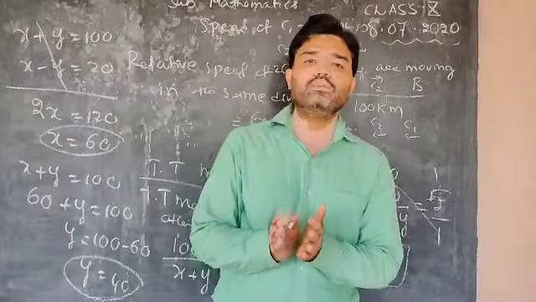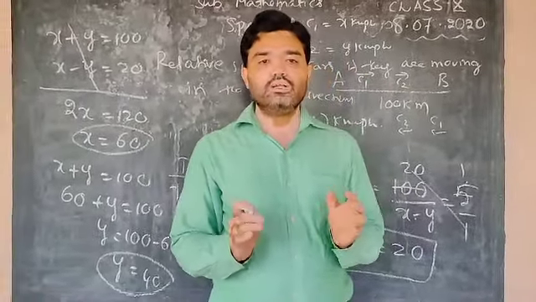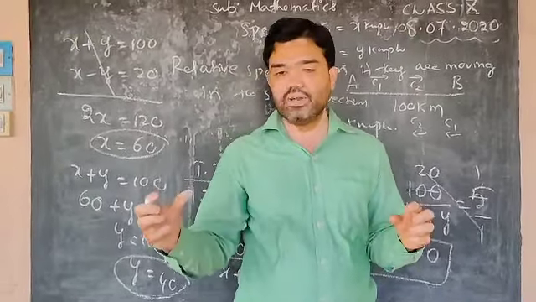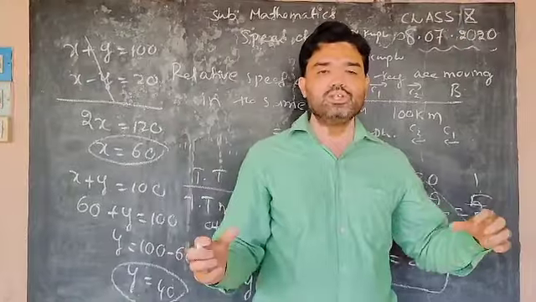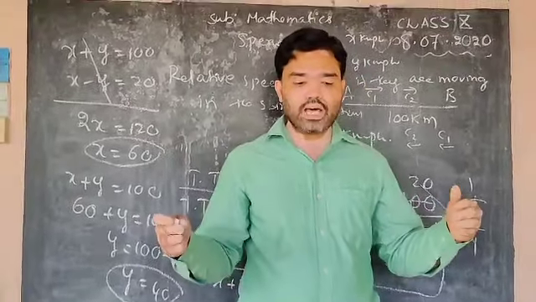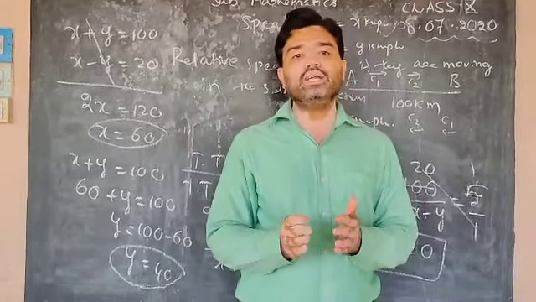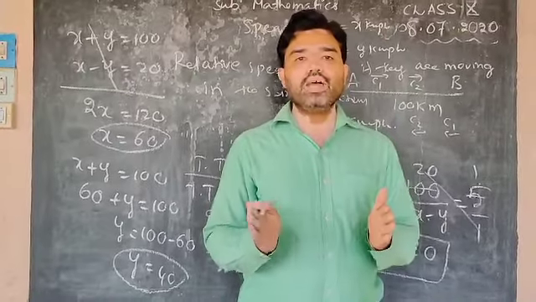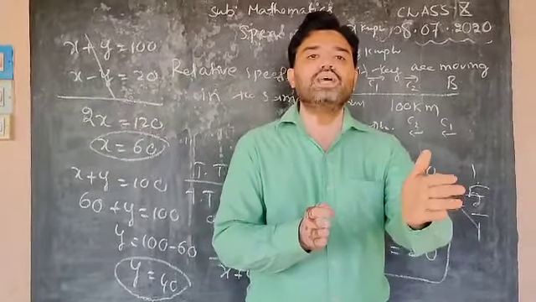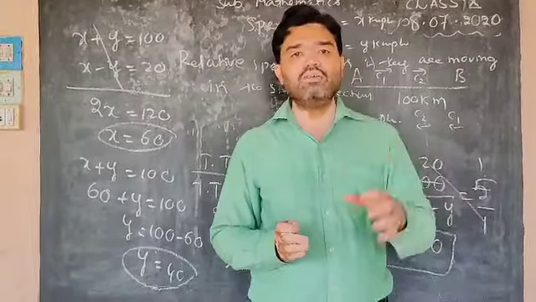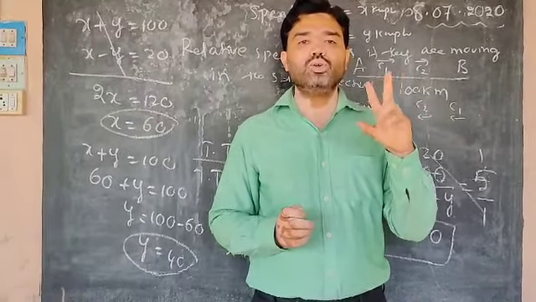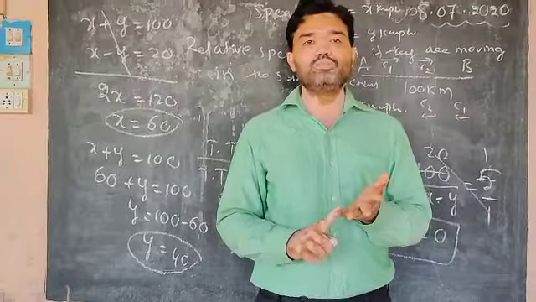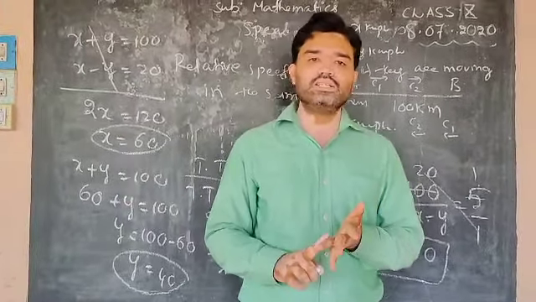One thing that you have to keep in mind here is that there are two cars. One is traveling from place A to another place B. When they are moving towards each other, they meet in 1 hour. When they are moving in the same direction, then they meet in 5 hours. Since the time is given, we have to know two things: the speed of the two cars and the distance between them.